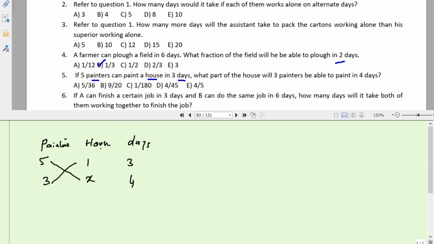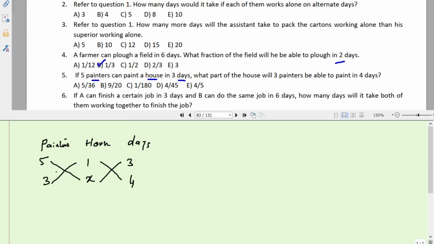Now look at these two quantities, houses and days. More the houses, more the days, or more the houses, less the days? If you want to paint more houses, you have to keep this constant. Now ignore it. More the houses, more the days, and less the houses, less the days, of course. So this is again direct related. Means increasing one quantity increases the other, and decreasing one quantity decreases the other. So that's why you again put a cross here. Once you are done with these things, putting a cross or a straight line,